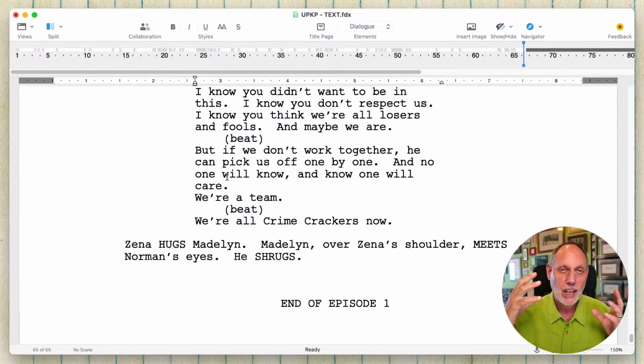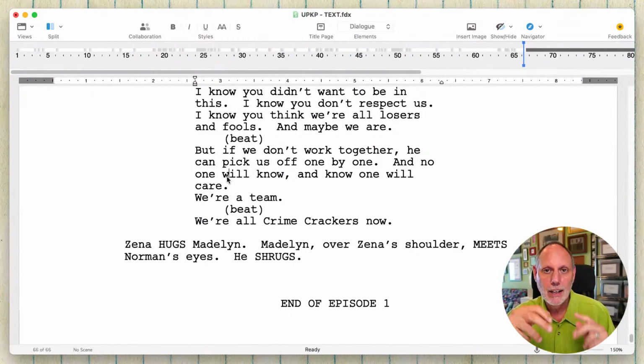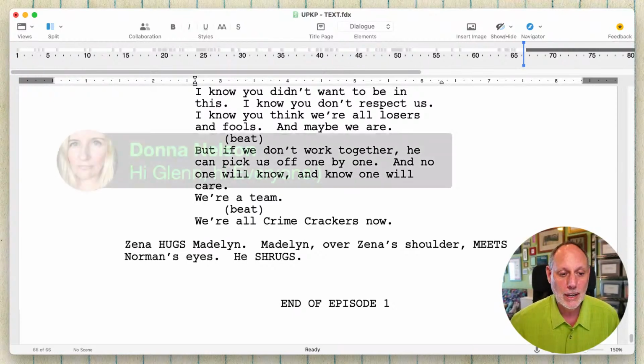So the idea is, I want to end with the idea that no matter how much these two lead characters didn't want to be part of this group, they have been tied into the group because the killer is going to come after them, and he now knows Madeline's name and address. So that is exactly the foe. That's the most scary part. That's why I was moving the mystery question, who done it, which you would think is the biggest question, but it's kind of not. The question is, what are we going to do about the fact that this guy wants to kill us? So that is what I am working on.